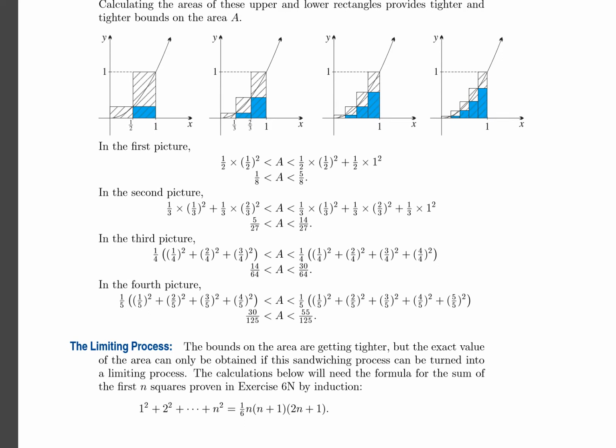So in the first diagram, you can see they've got the curve y equals x squared. And they've said, well, if we were trying to find the area under y equals x squared, then what we could do is, I suppose the worst case scenario is just say, well, that area would be the area of a